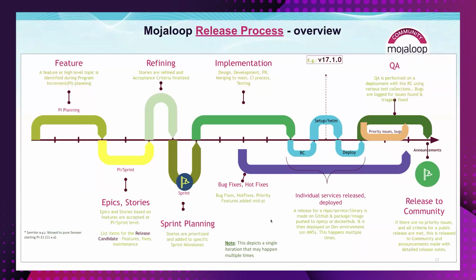So this PI, the core team and community worked a lot on improving the documentation of Mojaloop. So far, the situation has been that the documents are there, but they have not been well organized. It was a bit difficult to locate or find what you're looking for. So one of the documents that we had as GitHub issues and in stories, but wasn't in our docs pages, docs.mojaloop.io, was the release process. So in the last 2 PIs, we worked on fixing that gap, and this is now published. And